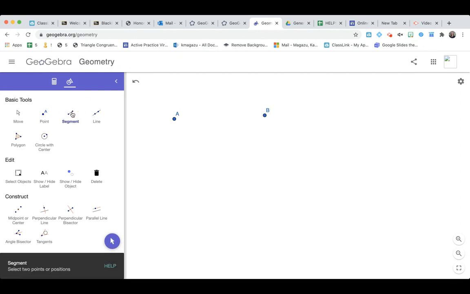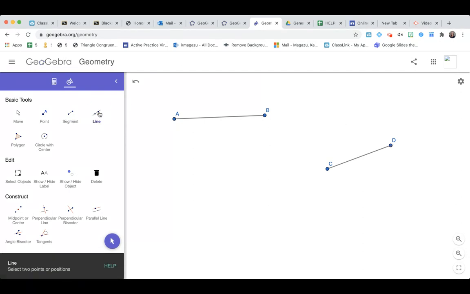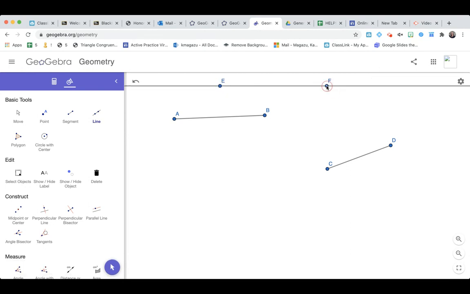Say you want to connect those two with a segment. I hit segment, I come over, A, B, there it is. What if I wanted to do a little CD action? I could just hit one here, come over here, boom, there we go. If I wanted a line, so infinite in both directions, E, F, and you see how that line goes infinitely